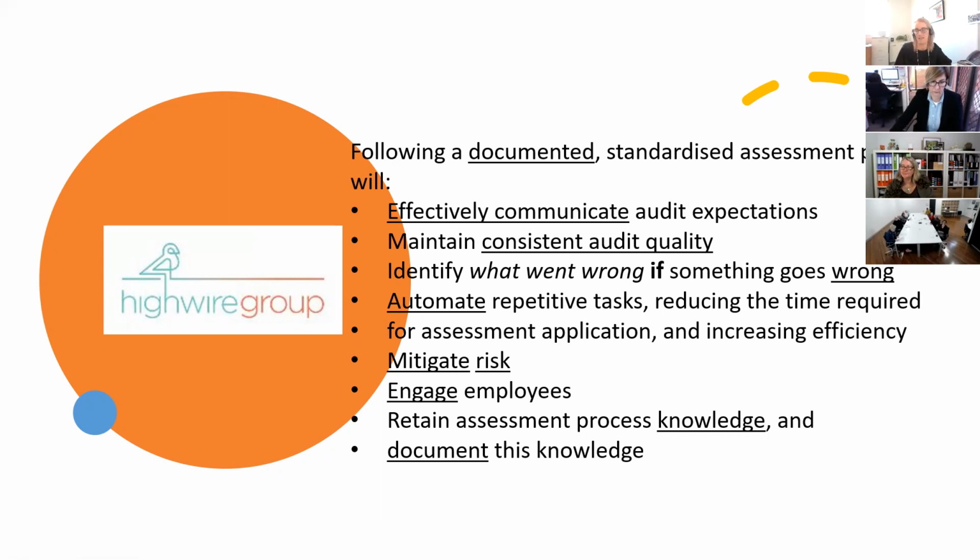Identifying what went wrong if something does go wrong. So I've talked on here before about I did an assessment, and during the whole scheduling discussion, there was no mention that people wouldn't be available. And when I got to the assessment, the CEO actually wasn't there for the full 3 days, and there really wasn't a whole lot of discussion around why that was. So it was a little bit awkward.